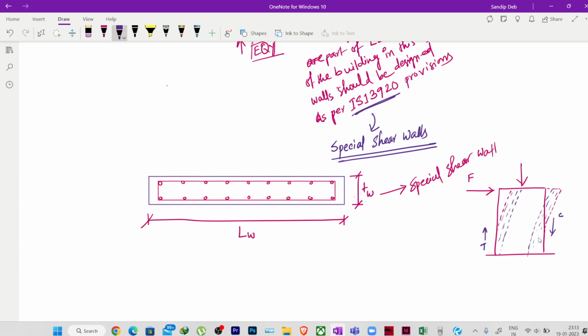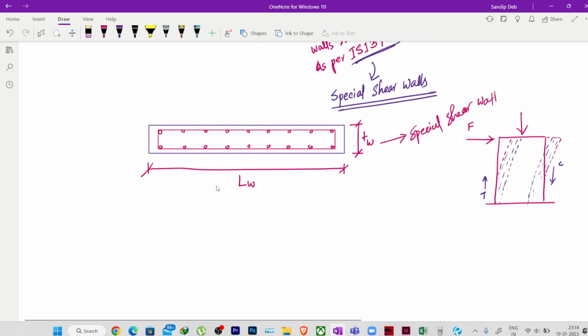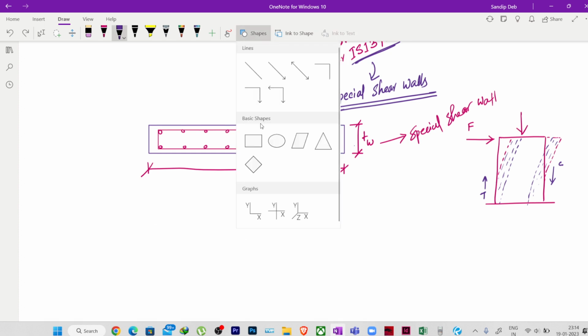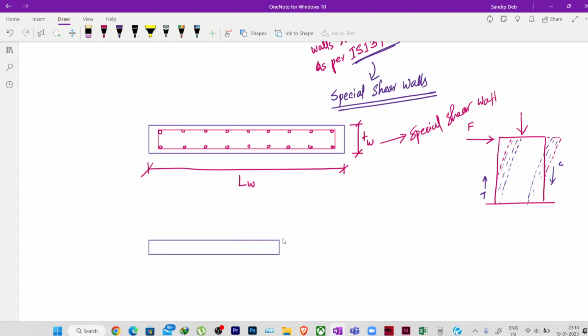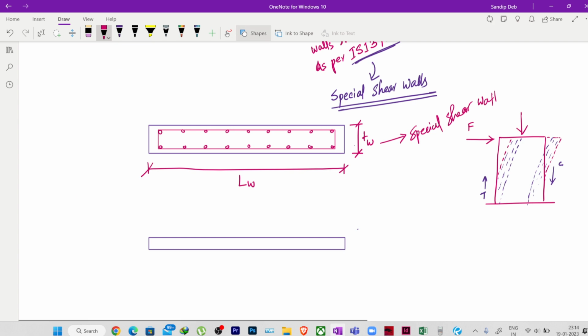Fine. So in the practical use of the shear wall to resist the lateral forces, it is very necessary to provide stiffer zones at the ends. Okay, so if I just draw another section, it is necessary to provide stiffer zones. Suppose this is my stirrup, and